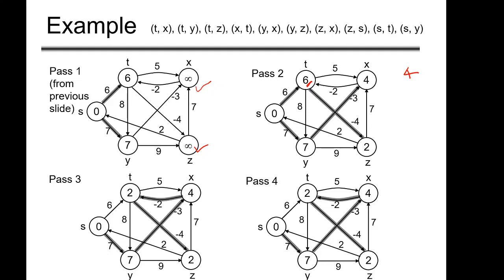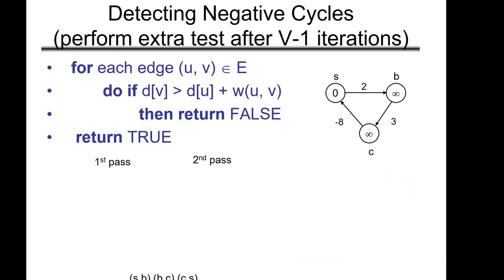And then in pass 4 we can see that there is no more updation on any node. Whatever value any d of v has is actually equal to the shortest path weight. Our algorithm stops, right? Although we don't do anything in pass 4, we still run pass 4. So basically the algorithm says that after v minus 1 iterations, each and every node will have the shortest path weight reachable from S. Now let's have a look at the algorithm.